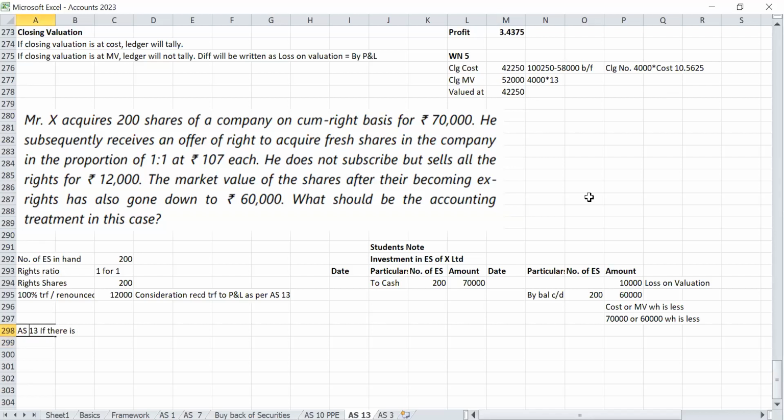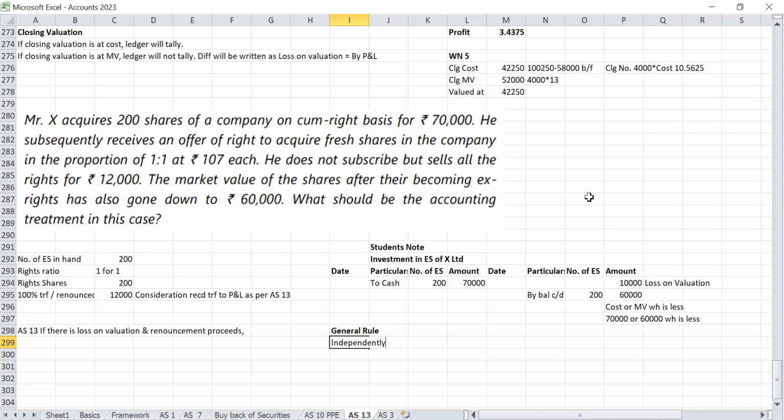As per AS 13, if there is loss on valuation and renouncement proceeds, the renouncement proceeds are this 12,000, the sale value from the transfer of rights. If you have renouncement proceeds and loss on valuation, you can set off these two. Normally, what is the general accounting if they are independent? The general rule: